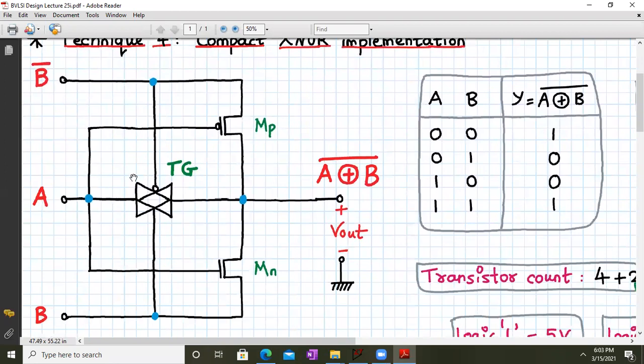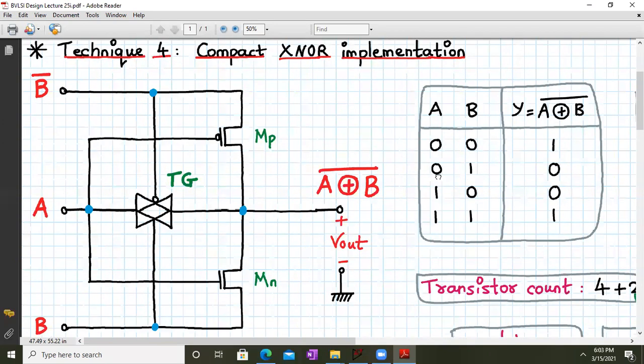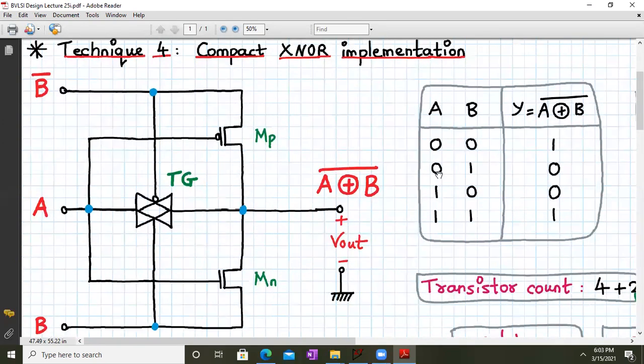So this is the circuit which consists of a single transmission gate, and it also consists of a conditional CMOS inverter. Now, why conditional? Well, it depends upon the value of B and B bar, whether it is logic 0 or logic 1. Depending upon that, it behaves as a conditional CMOS inverter, and that is formed with the help of MP and MN. And the output of this circuit will give XNOR operation.